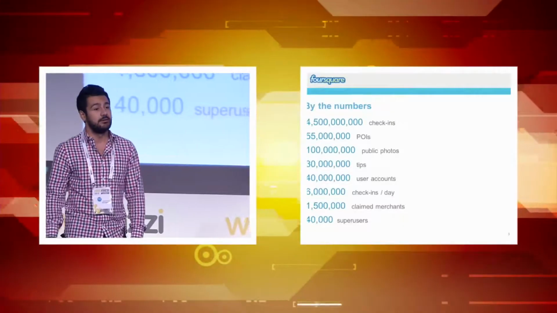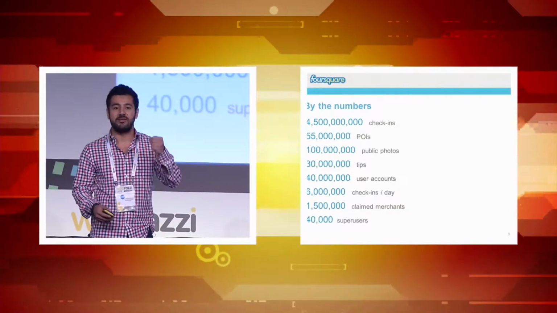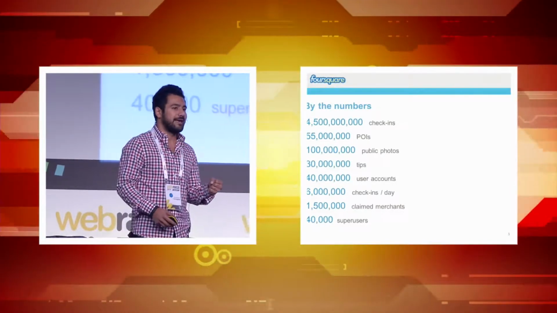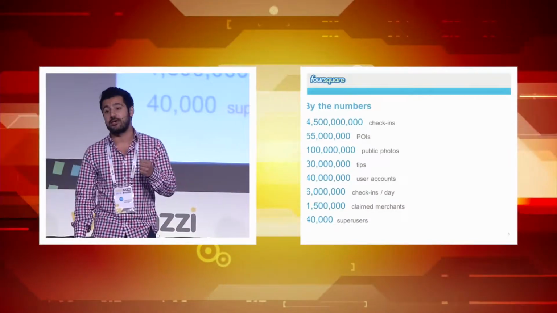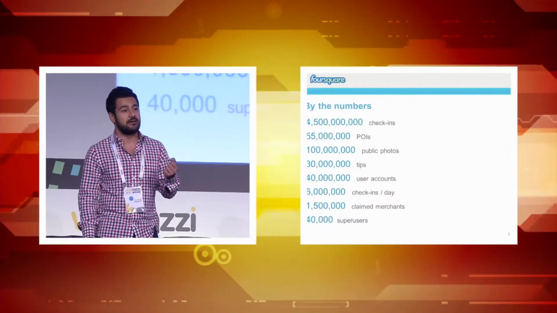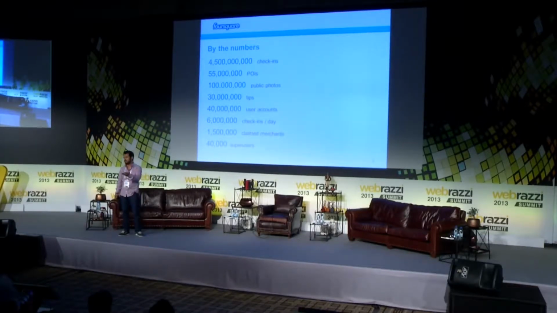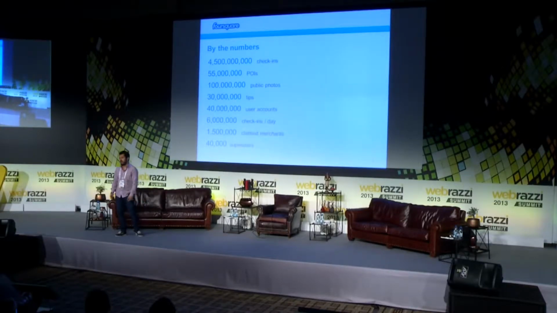We have more than, actually it's 60 million points of interest now. Points of interest are locations that users have created on Foursquare. And we have a really great database, so good actually that a lot of developers and startups are using our database. For instance, Instagram, Vine, Amex, loads of others, Flickr, etc. So if you're a startup and you need a location database, fear not. You can always use Foursquare's free-to-use API. We have more than 100 million photos, a lot of tips, which are mini reviews that people leave at locations. We have 40 million users globally.